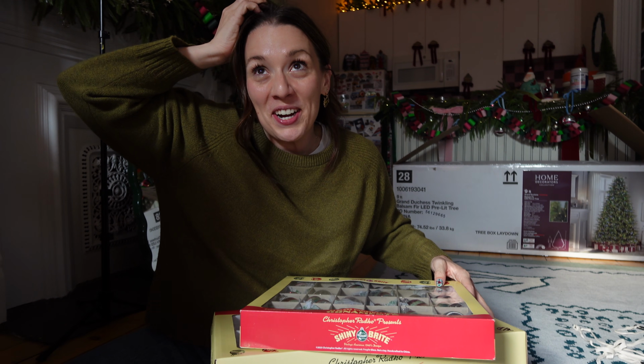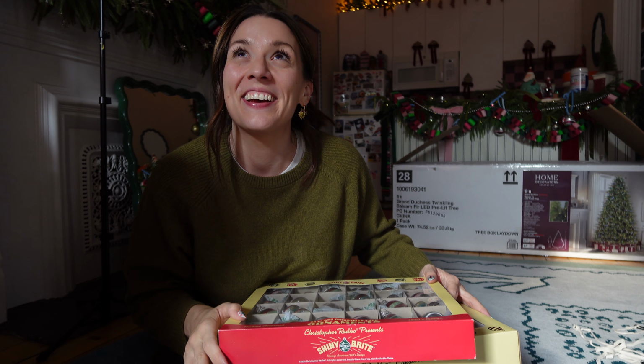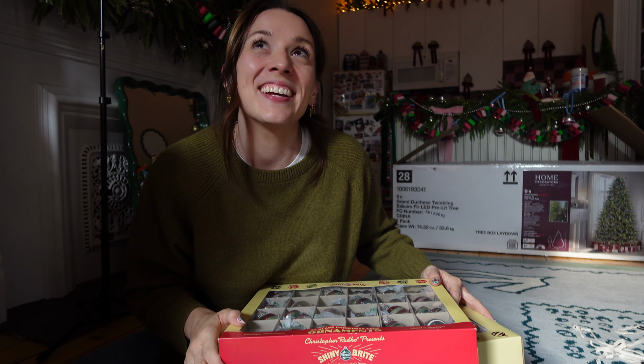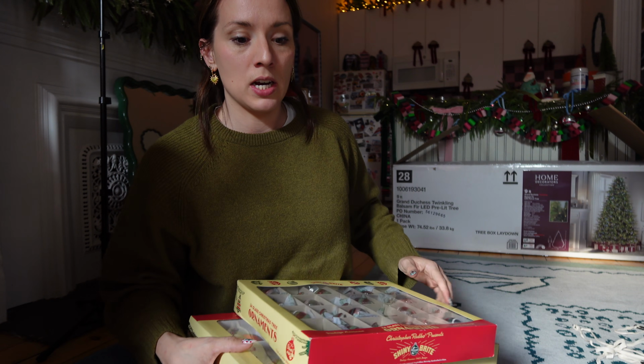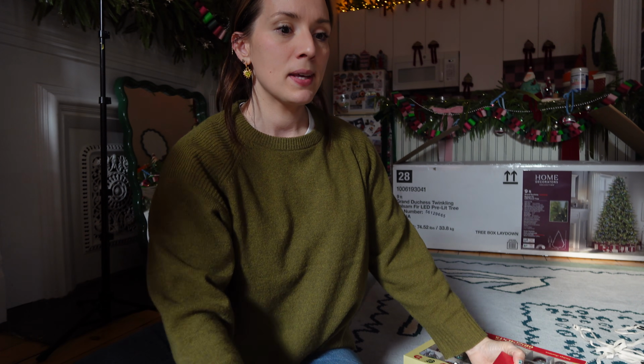The tree is all set up. I don't know why it feels so big. I know it's only 1.5 feet taller, but for some reason it feels like it's double the size. Now we're gonna put the shiny bright ornaments on. We have a whole bunch of different sizes, different shapes. I probably have